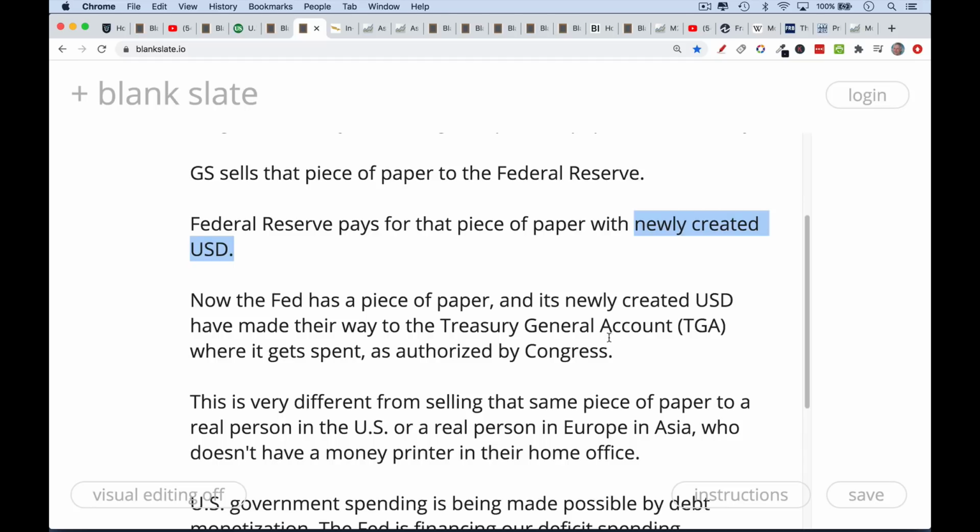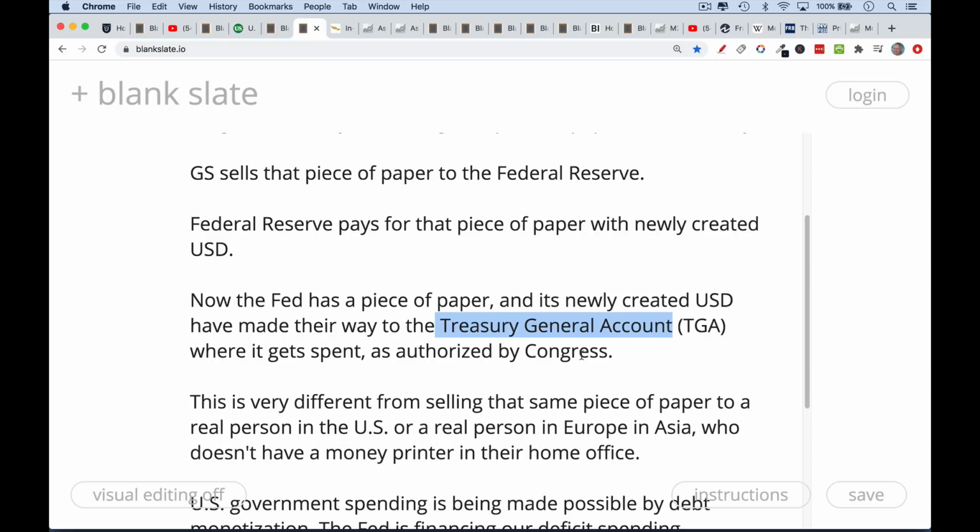Obviously, this is all digital. I'll say piece of paper just to make it visual. The Fed has a piece of paper, and its newly created dollars, the dollars that were newly created by the Federal Reserve, have made their way to the Treasury General Account, the TGA. This is like a giant checking account that is used for all the government spending as authorized by the Congress